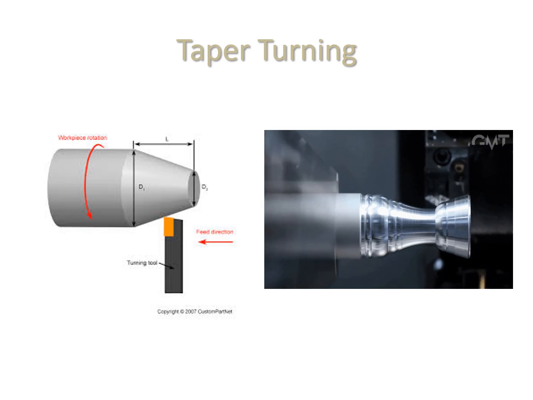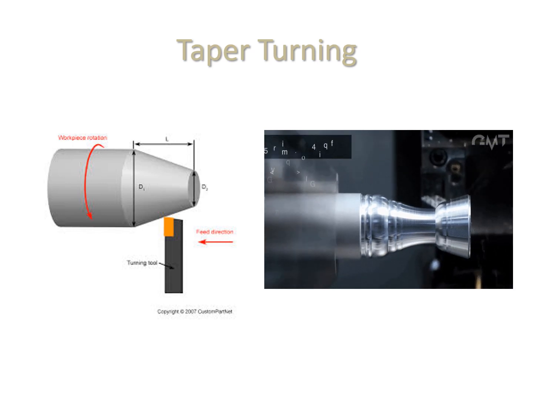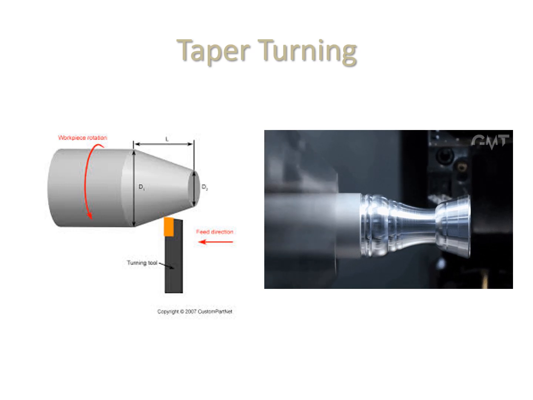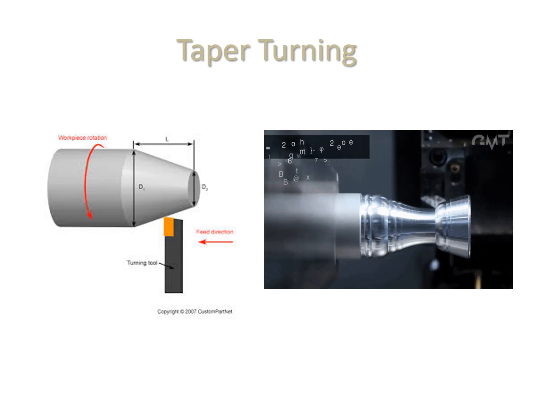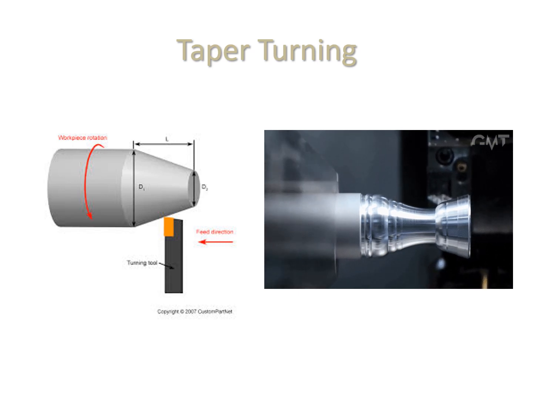In taper turning, the diameter of the workpiece uniformly changes from one end to another end. Like in this picture, we can see that the diameter is continuously decreasing from left to the right end of the workpiece. Tapers can be either internal or external. If a workpiece is tapered on the outside, it has an external taper. Similarly, if it is tapered on the inside, it has an internal taper. This can be done with the help of the boring tool. Normally for external taper turning, the compound rest of the lathe machine is used.